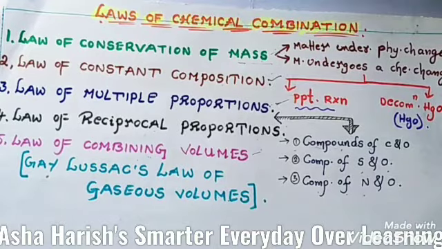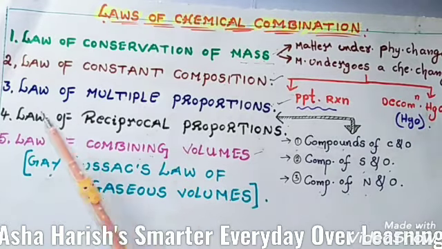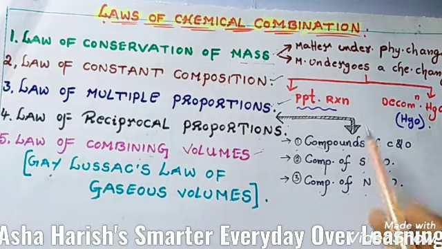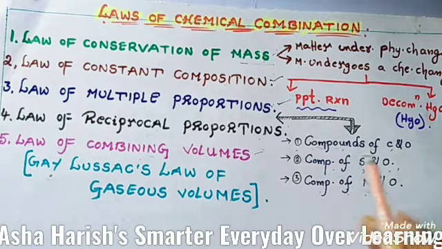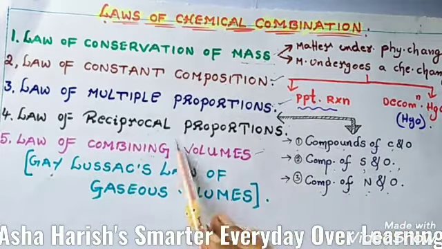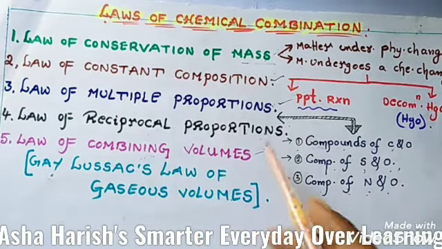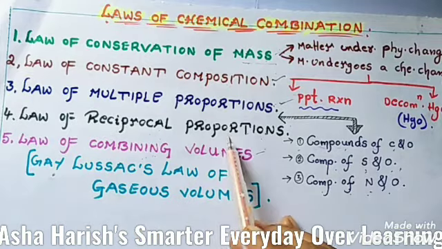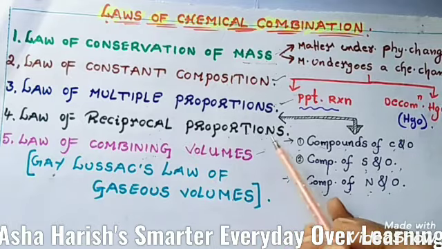Okay students, now we shall see the mind map that I have written. Laws of chemical combination. Here itself, the law of multiple proportions is completed. In this third one, we have studied the compounds of carbon and oxygen, the compounds of sulfur and oxygen, and the compounds of nitrogen and oxygen. The remaining two are left over: the law of reciprocal proportions, and the next one is the law of combining volumes. In our next session, I shall be teaching the fourth law, reciprocal proportions, with some examples, the definition, and some illustrations also, students.